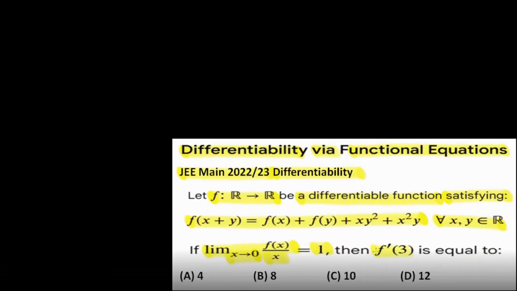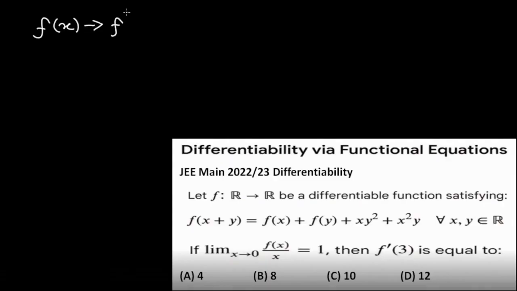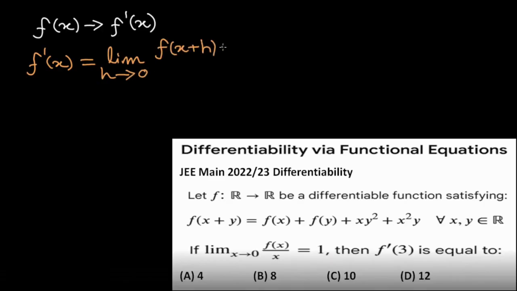find f'(3). In order to find f'(3), we shall need f(x) and hence f'(x). We are also given limit f(x)/x as x tends to 0 equals 1, which suggests that we shall have to find f'(x) from the first principles. Accordingly, we have f'(x) equals limit as h tends to 0 of f(x+h) minus